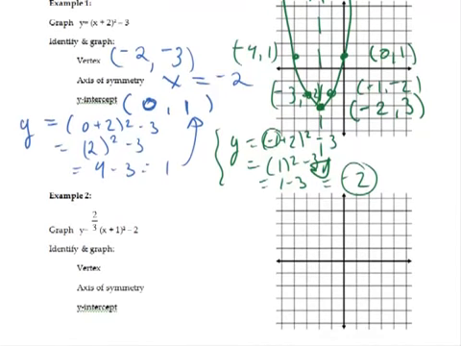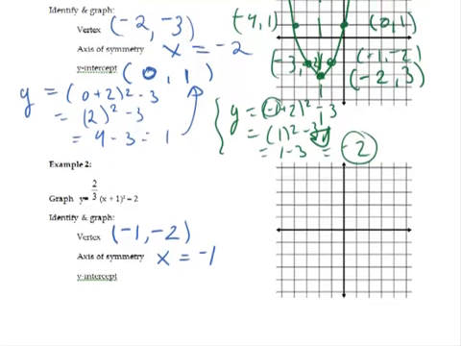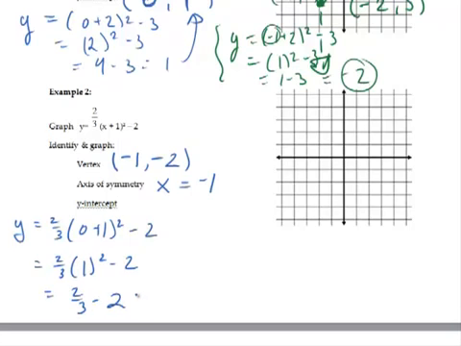Now, here's another example where the x plus 1 is a positive number. So again, that means for your vertex, we'll take the opposite. So this is negative 1. Keep whatever's on the outside, which is a negative 2. Axis of symmetry runs through the vertex at negative 1. Y-intercept we have to solve for, so we need to plug in a 0. So y equals 2 thirds times 0 plus 1 squared minus 2, which is 2 thirds times 1 squared minus 2. So 2 thirds times 1 minus 2, we get negative 4 thirds. So the y-intercept is 0, negative 4 thirds,